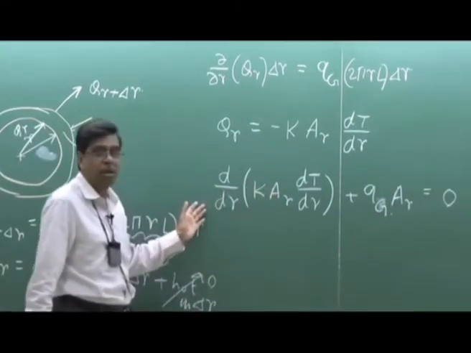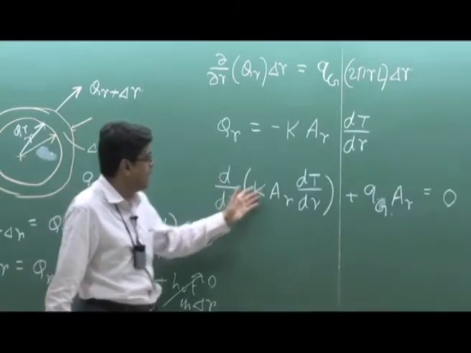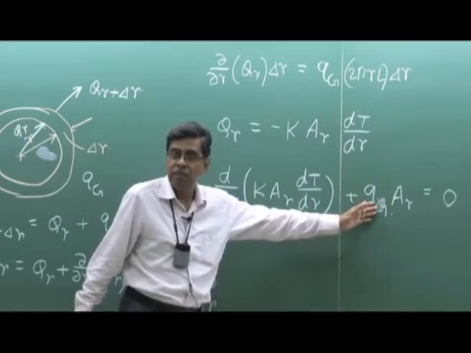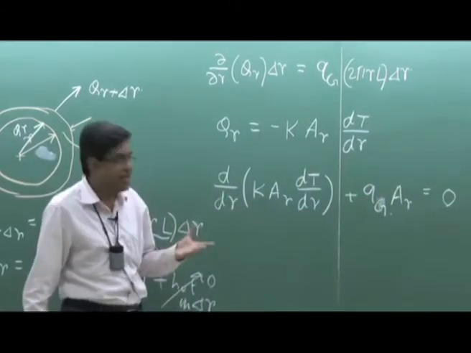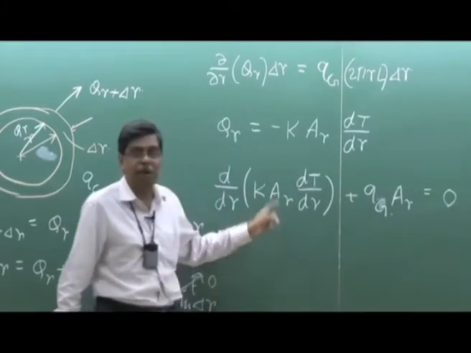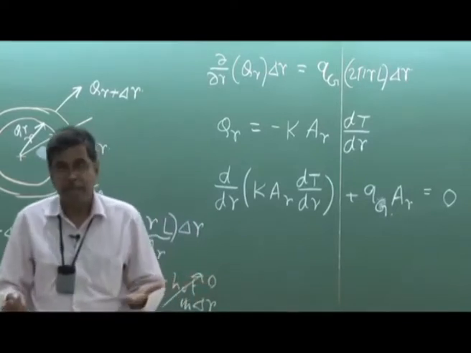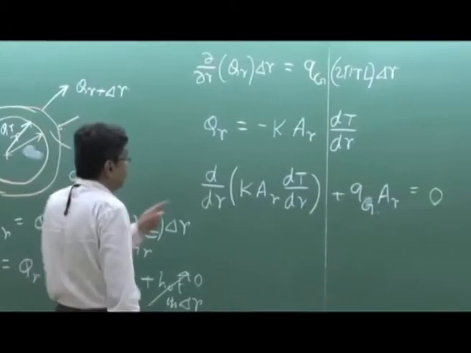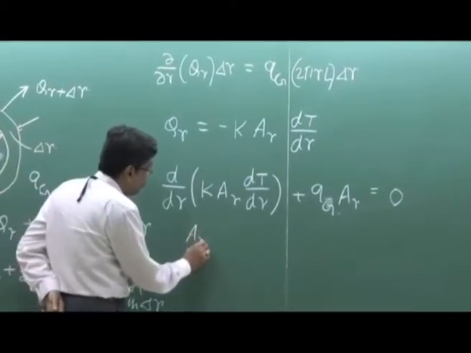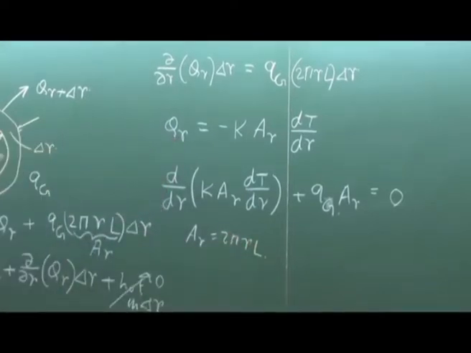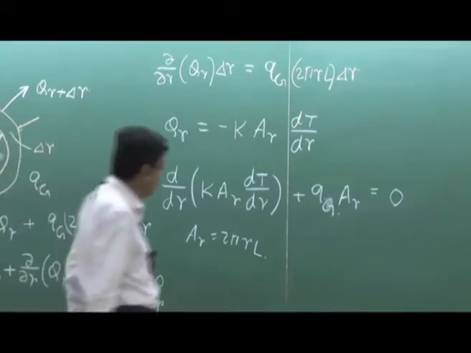It will come out and the equation becomes d dx of k dT dx plus Qg is 0. In some cases it is varying, and the integration depends upon the type of variation of A with x, even if k remains constant. But here AR is fixed. AR is 2 pi r L. So if you just substitute this, then you will get